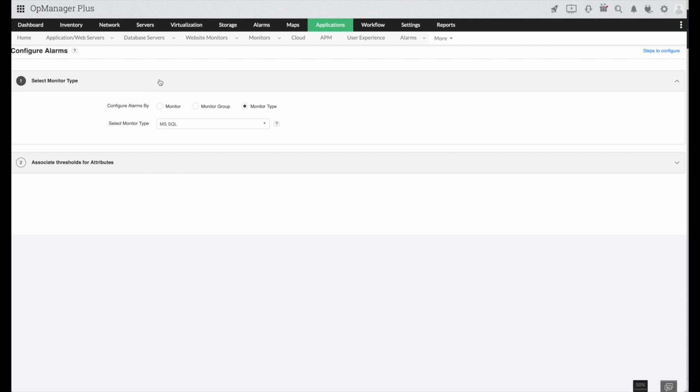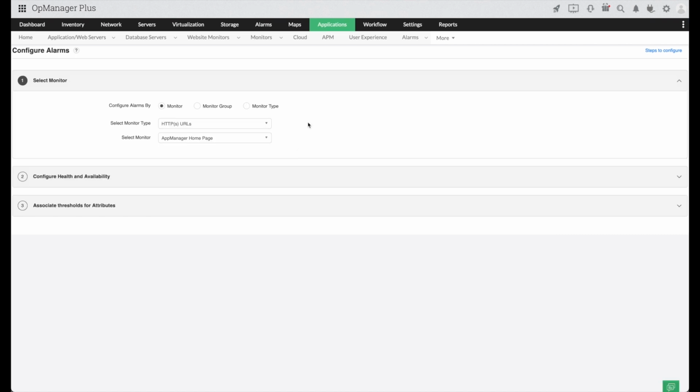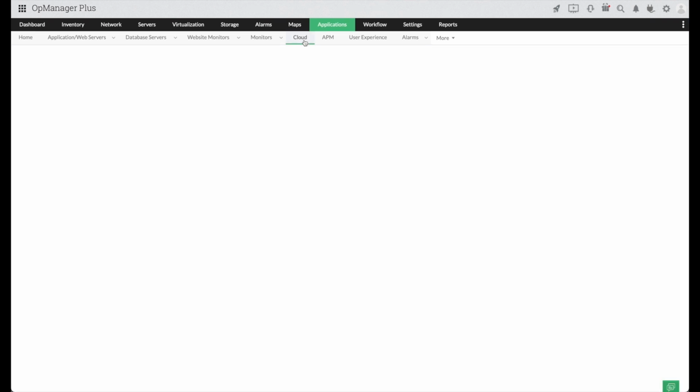That is how we have configured the alarms and threshold for your applications and database servers and all of the services. Now, let us talk about how Applications Manager plugin in App Manager Plus can help you to monitor your cloud